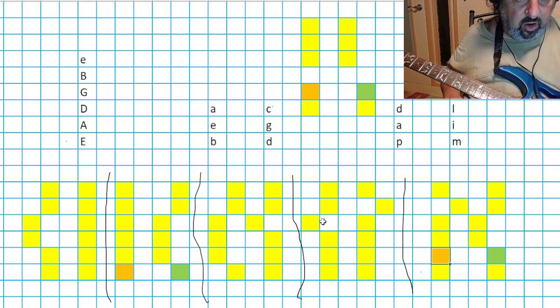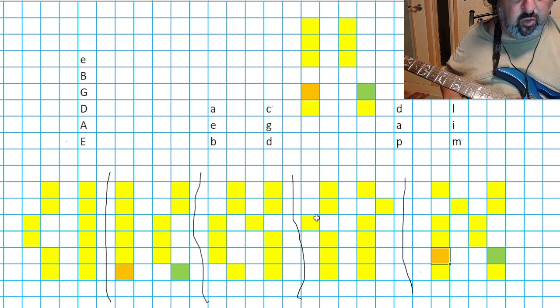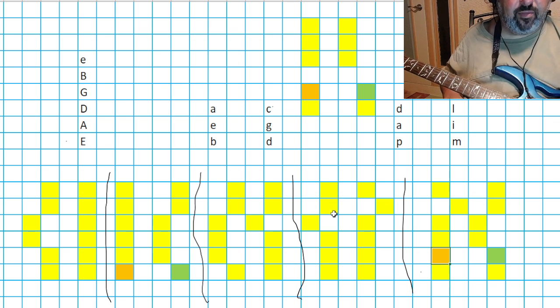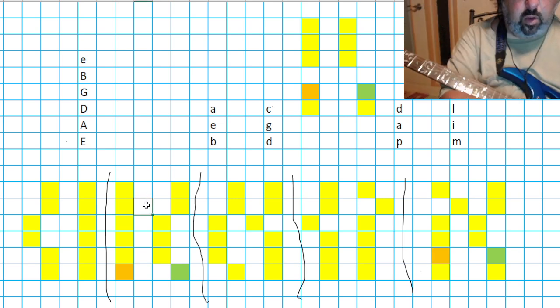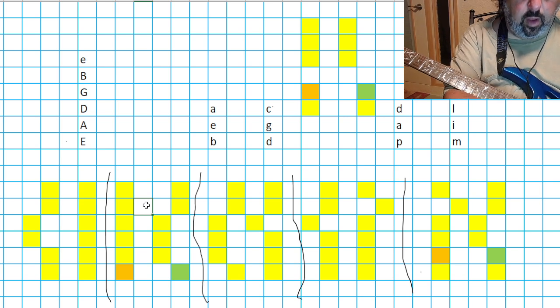This is it right here. Just this shape here is straddling the difference between the G and B string. So that's something to always take into account. So, for example, I would have this note and this note,